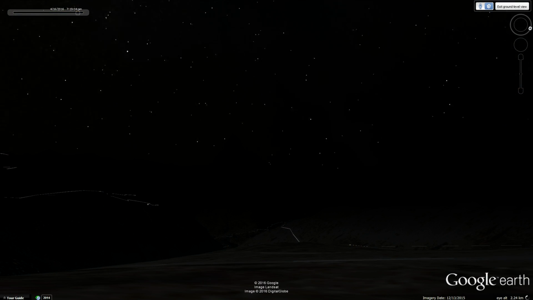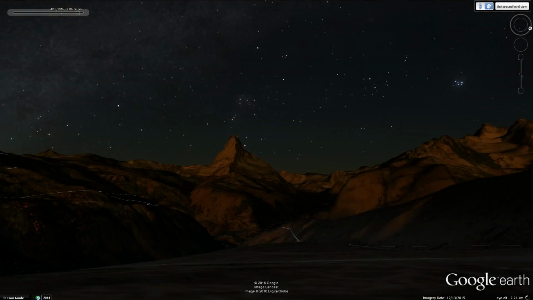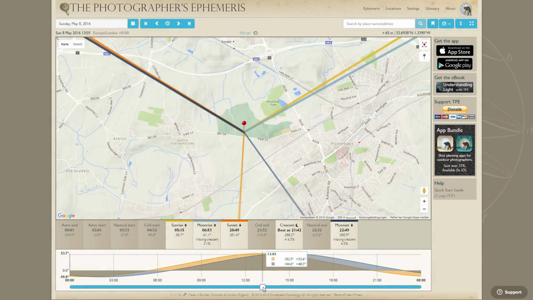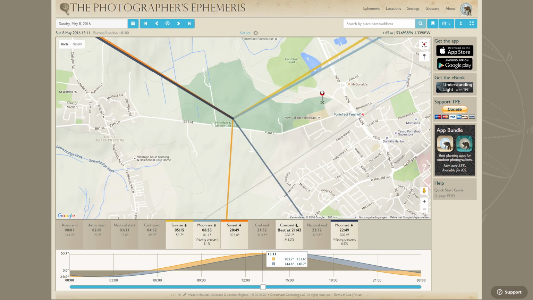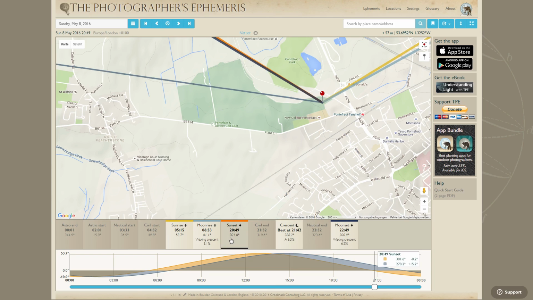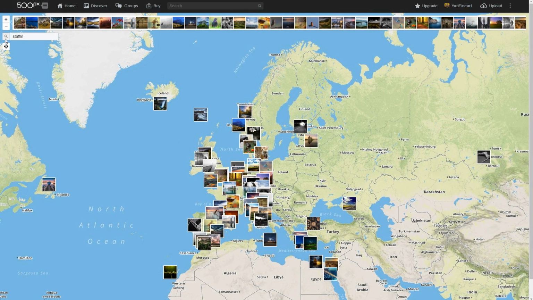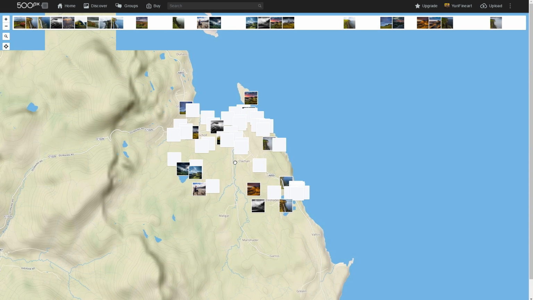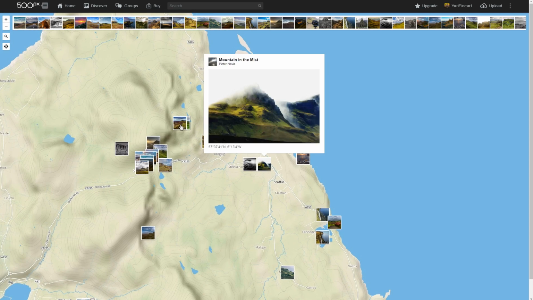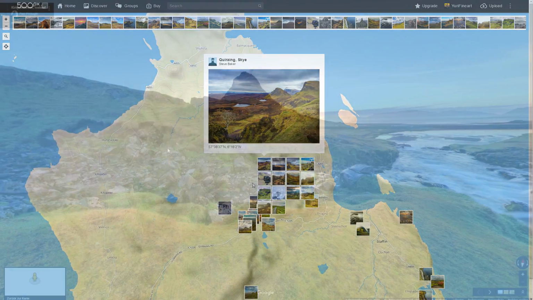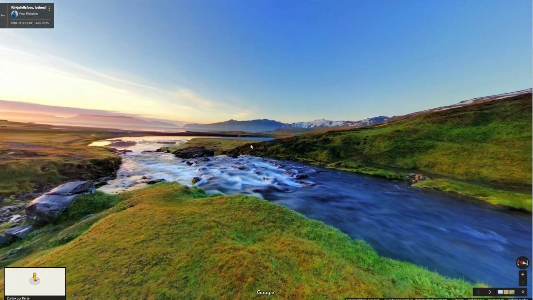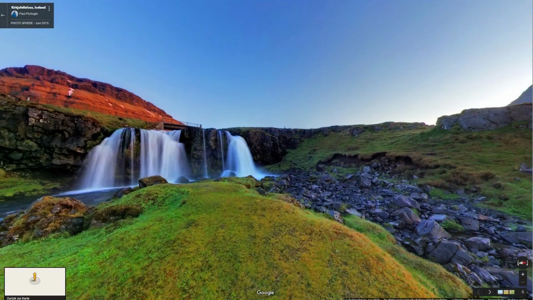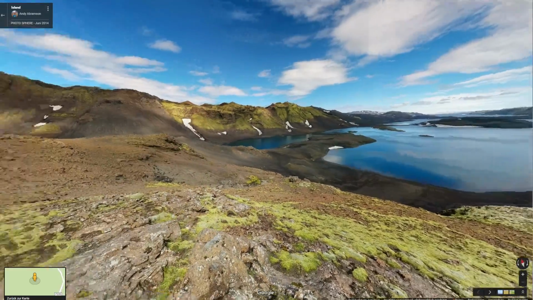3D view of any place on the planet and also check how the lighting is going to look at a given time. Additionally to that, there's a tool where you can see the sun's position and also the sunset times, and even a map where you can see the best photos on a given location so you can get some inspiration and also find new locations. And at the end, I'm even going to show you how you can check 3D photospheres all over the world so you can see an actual place in high definition 3D so you can plan your trips and your photos